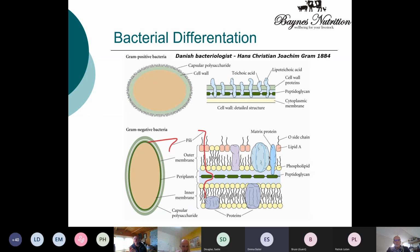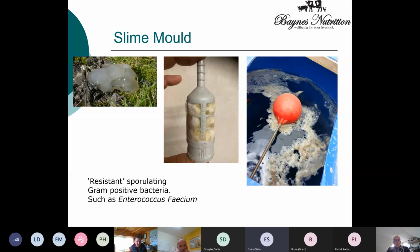So we need to have other products within the water that help to break through or punch holes within that gram-positive shell. Now, they can be things like monoglycerides, they can be essential oils. But when you put in oils and water together, that's quite tricky, because the two don't mix particularly well. So there is some technology available now which helps break down these gram-positive bacteria, because we end up potentially with